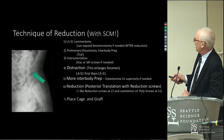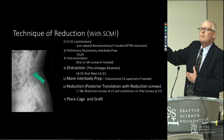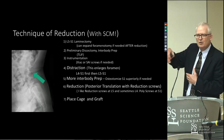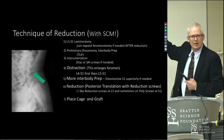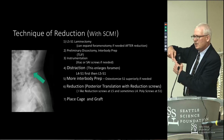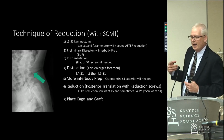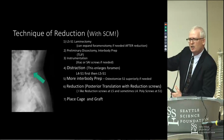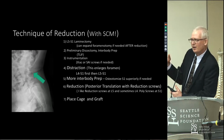So you get that in, you've distracted at 4, 5, then pull back. Very careful that you've distracted the whole time. Pull back after you've done the interbody prep. And that's to get rid of all that stuff in the foramen below the pedicle and make that space between the pedicle and S1 big. And then after the cage is in, you compress to the cage. So you've got a really nice